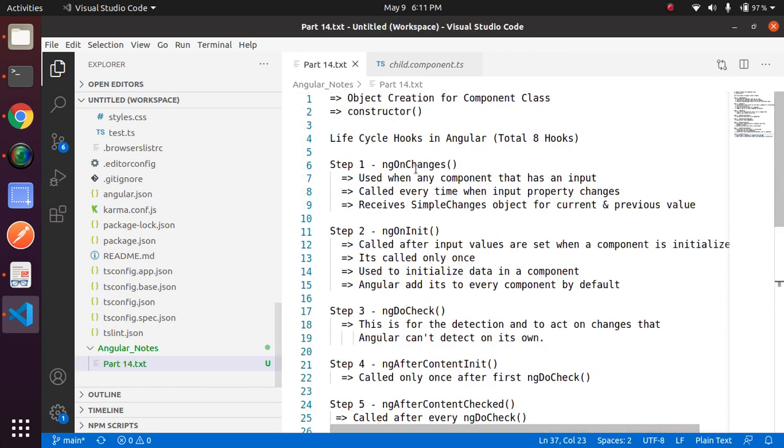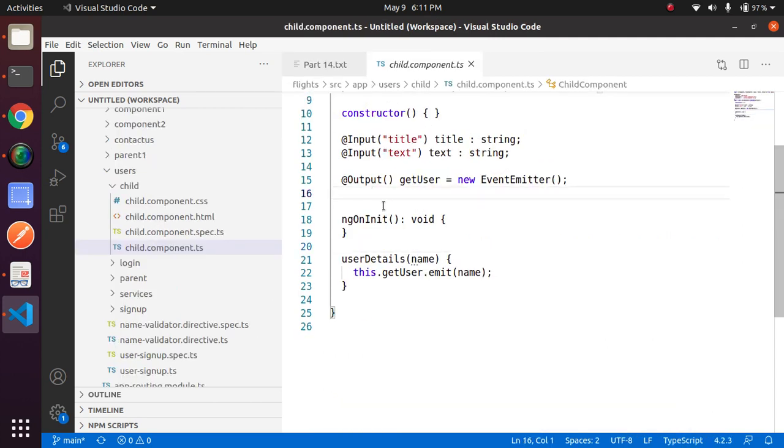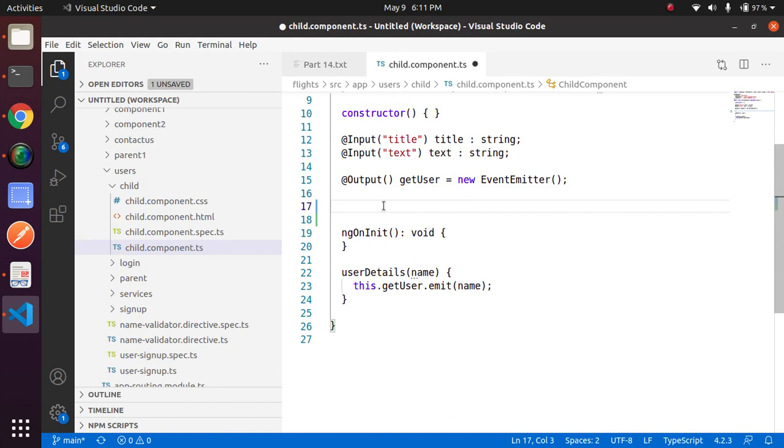Now put the ngOnChanges hook on the top of ngOnInit. You can put them anywhere, I am just going to put all of them in a sequence, but the sequence does not matter here, they will also execute in sequence even after you put all of the hooks anywhere.